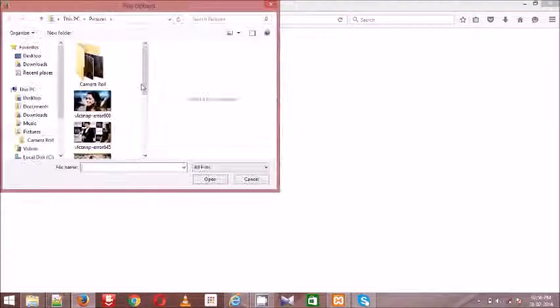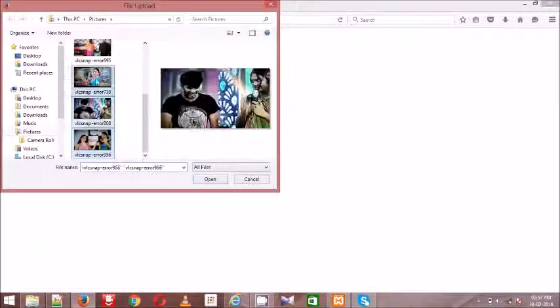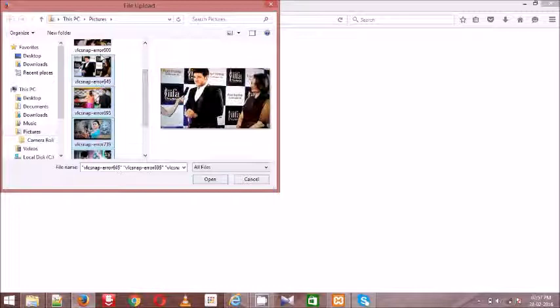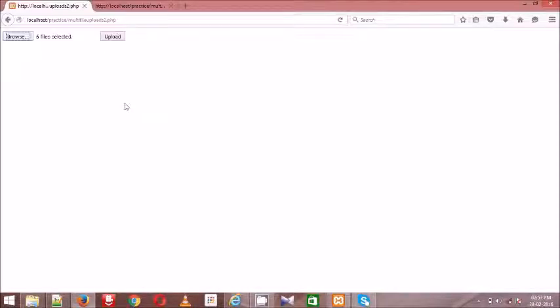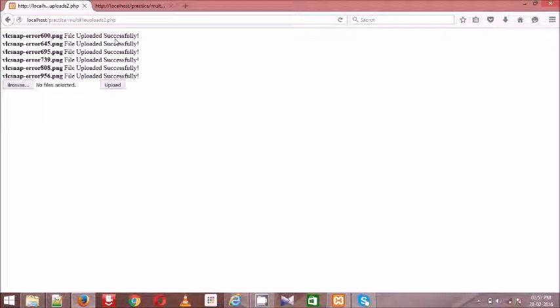So now select the same files again, 1 2 3 4, 6 files, and I selected and click on the upload button. So what is the message I got here? All files are uploaded successfully without giving any message, without giving any issues.